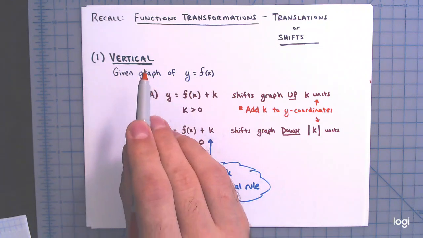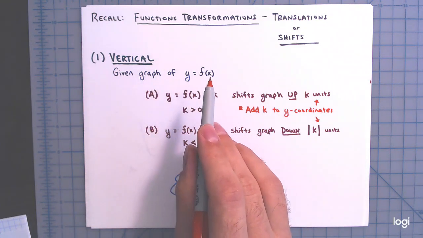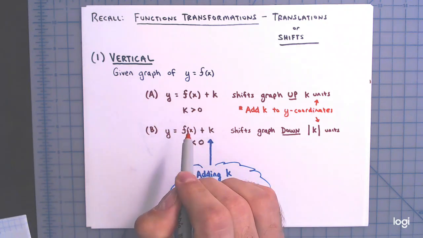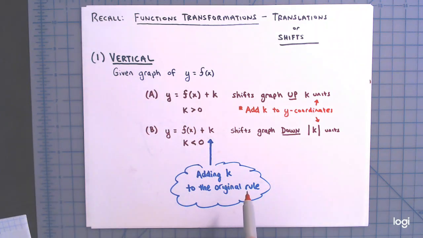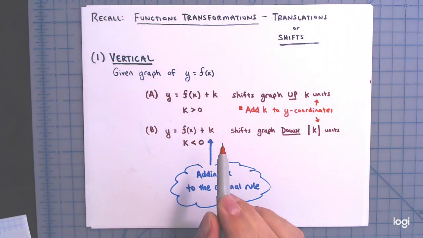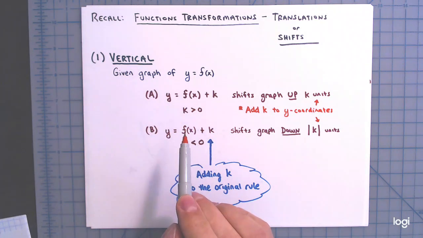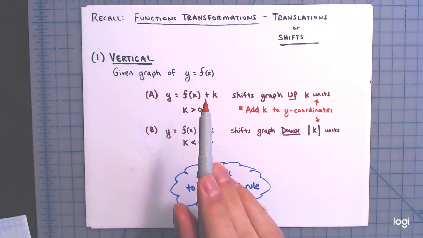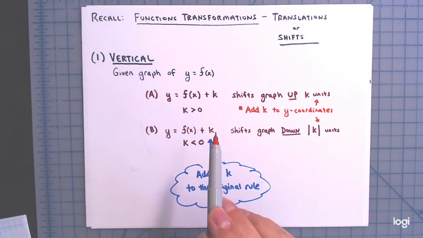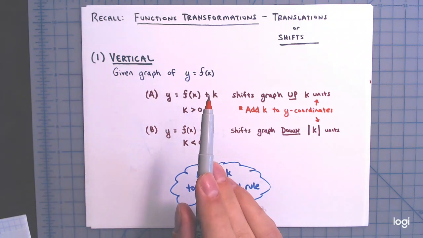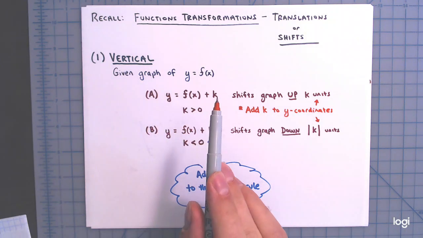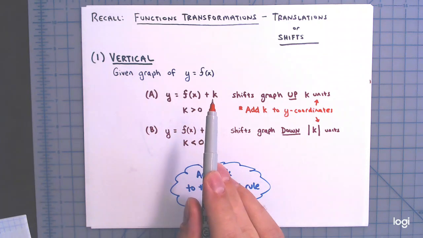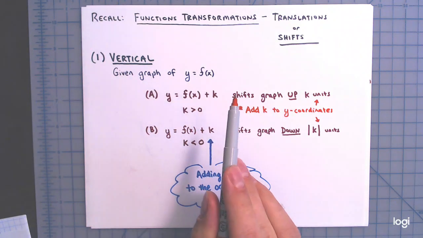And then what you do to this rule, this f(x), to cause a vertical shift is simply leave the rule the way it is and then just add k. Add some number to the original rule. So you see I have y equals f(x) plus k in both these cases. Now if you add a positive number, here's the first case, case A, when k is greater than 0, k is positive, that's going to take the original graph and shift it